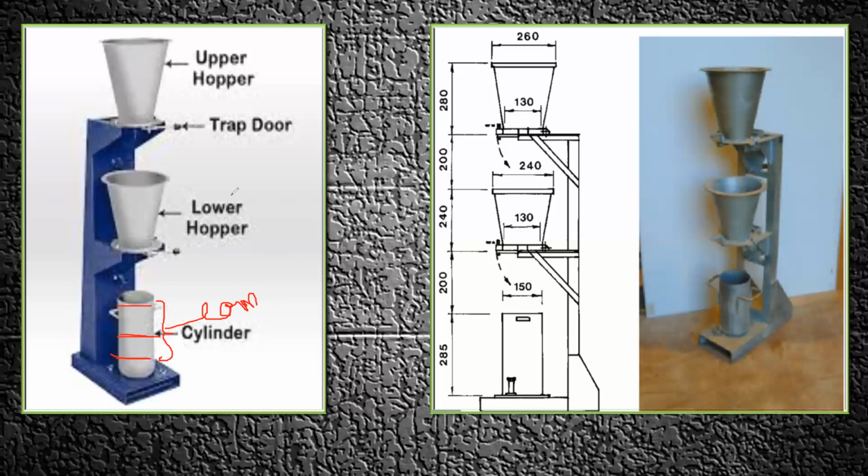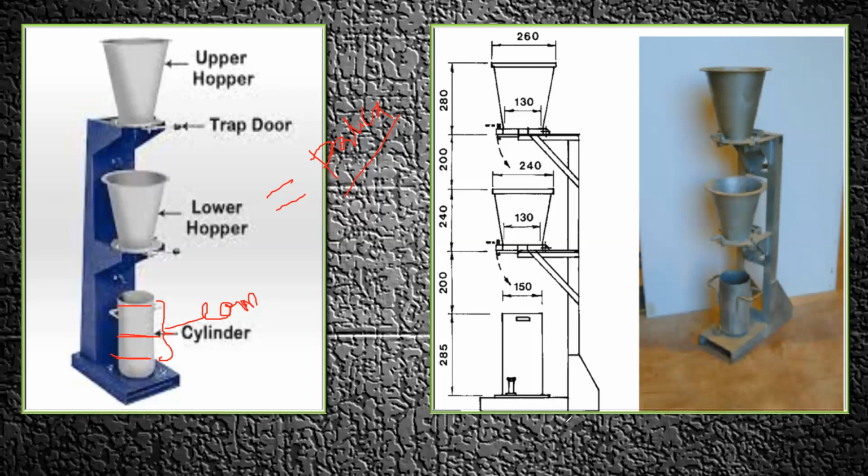So finally when we write the answer, we take the weight of the partially compacted concrete divided by the weight of the fully compacted concrete in the cylinder. If you take the ratio of that, whatever ratio you get will tell me the compaction factor for this. And with reference to that, we can say what the workability of this is, right?